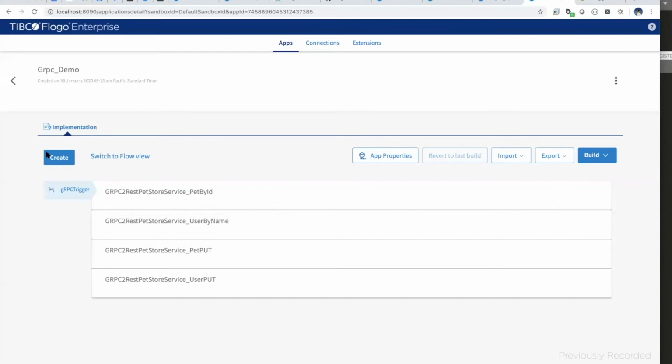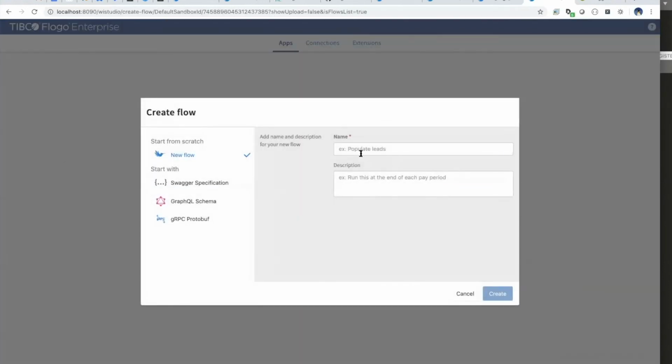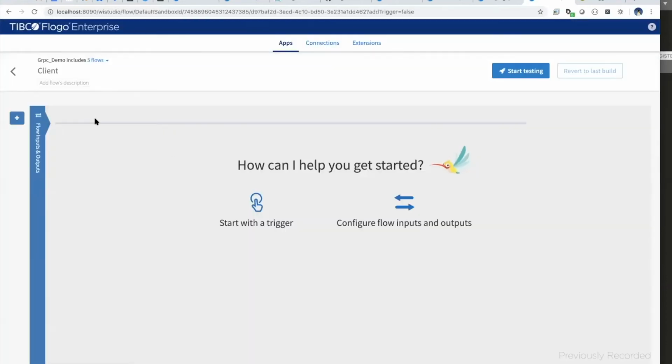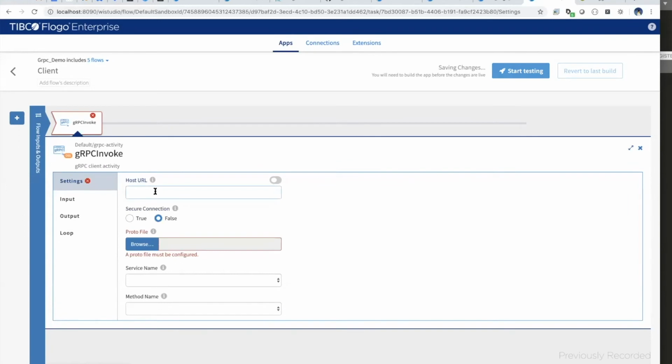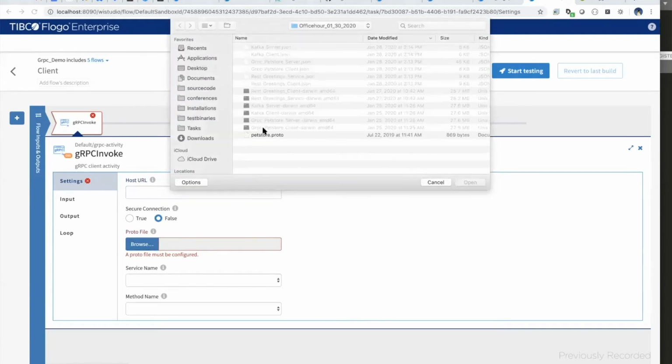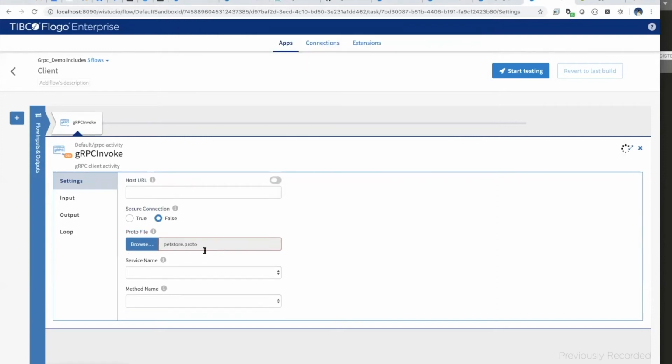Okay, so that is more of the server side, and the other is the client side. If I go to the client side now, there is a gRPC activity in the default. So you can see the gRPC mode. You can go there. Again, you just need to point to the host where your gRPC server or service is running. And all you do is browse and pick the protobuf file. Here also I'm using the same protobuf file. As soon as you pick it, you will see that you can pick the service from that protobuf file, and you can pick the method that you want to call.